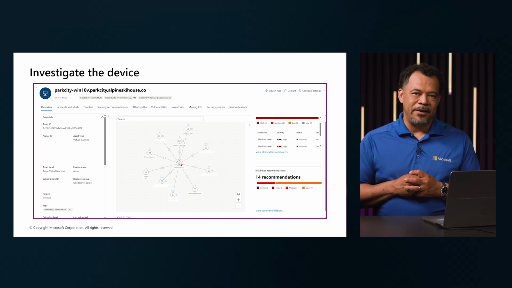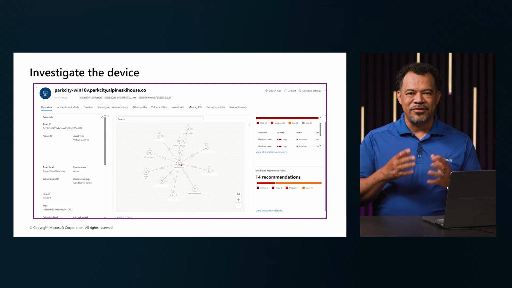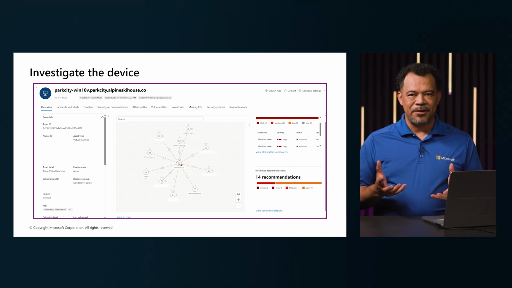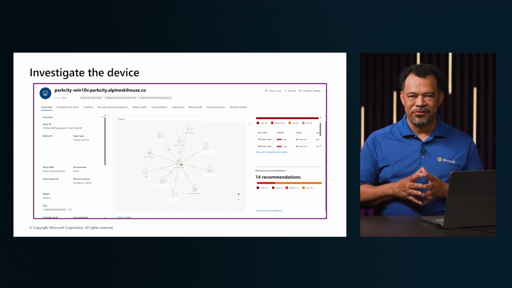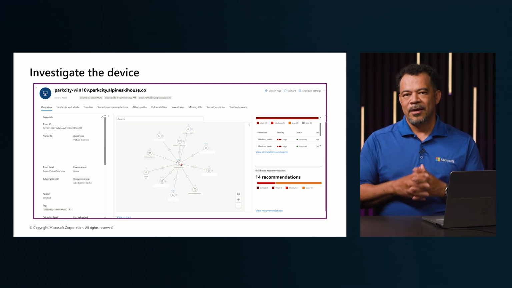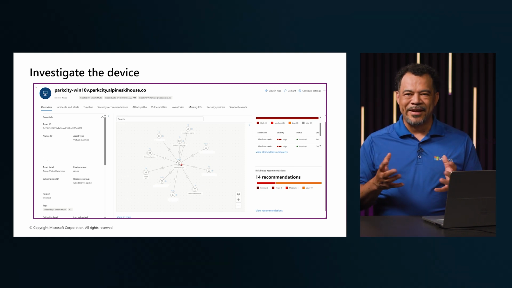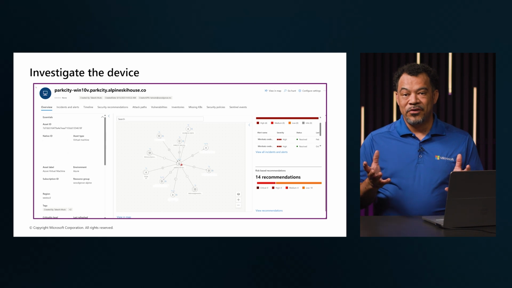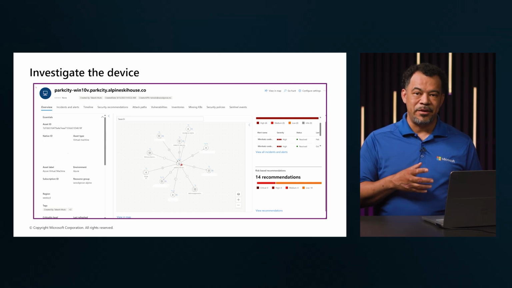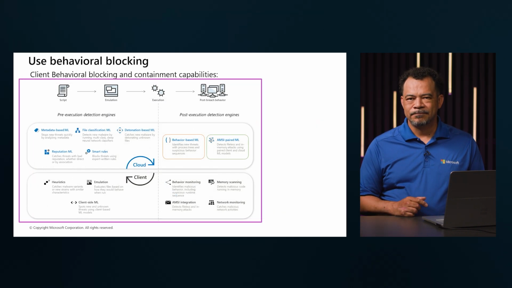When investigating a device in Microsoft Defender XDR, you get a detailed view that includes device information, response actions, and a range of tabs like alerts, timeline, and vulnerabilities to guide your analysis. The overview also features key cards showing things like active alerts, logged on users, and a security assessment to help you quickly assess risk. These tools work together to give you both visibility and control for effective threat response.